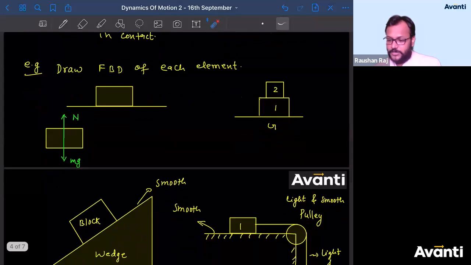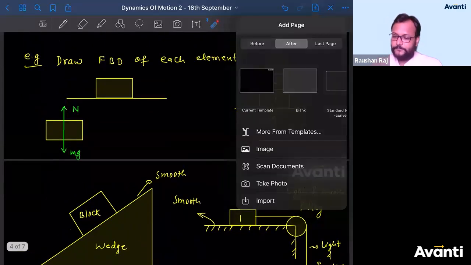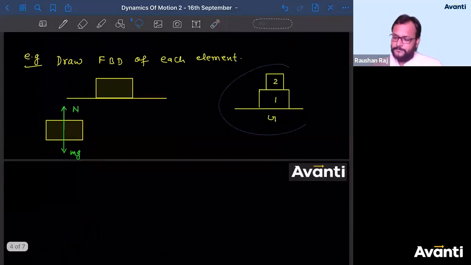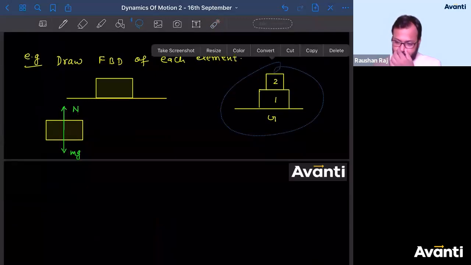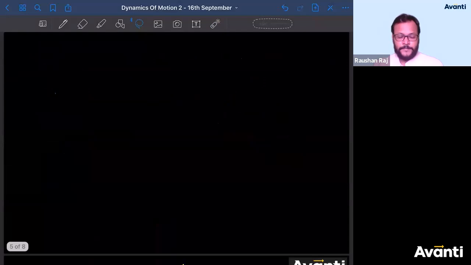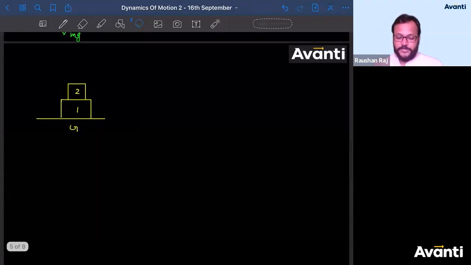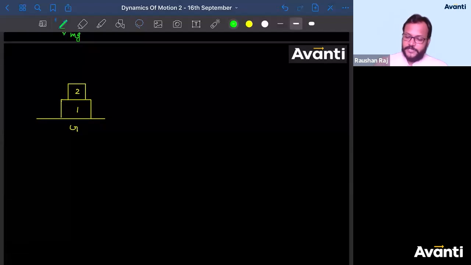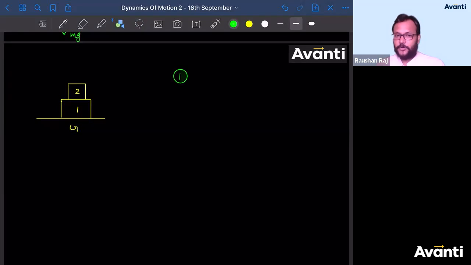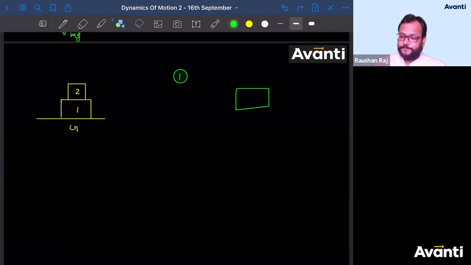Acha. Now what about this question? इसको solve करते हैं, ठीक है? Let me cut it only. So more than 20 of you have already drawn the free body diagram. Let us start with the first block. First लिखा and then circle किया. मतलब I'm talking about first block, which is our system here. So isolate this first block. So let us draw the first block here.